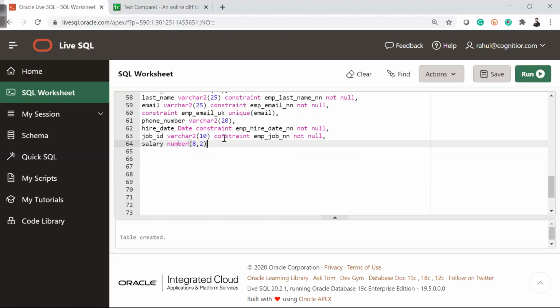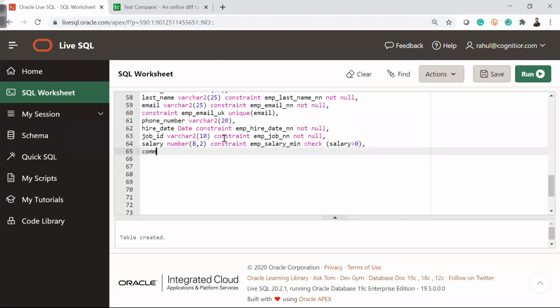So I will apply one more new constraint which we are talking about today, constraint emp salary minimum check constraint. I want to check whether salary is greater than 0 or not. So if you try to insert a record where salary is negative or 0, what will happen? It will not insert the record, right? I'm checking while inserting the record. We'll see that once we start inserting the records in the tables.